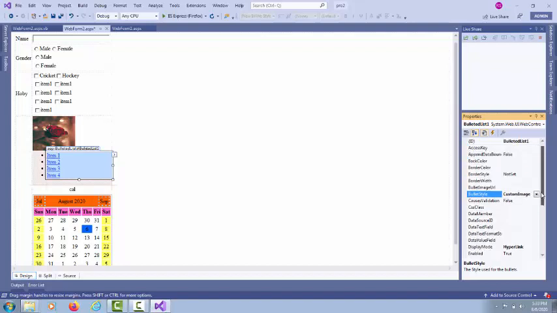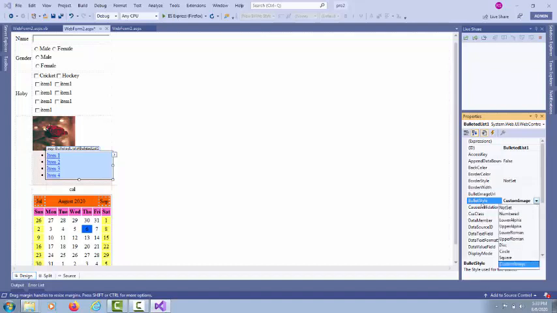If you set the custom image property, then the particular bullet image URL will work. Otherwise this particular thing will not work. If you set the bullet image URL as a property and you set the style here as number, then this will not work. So for that you have to set custom image.